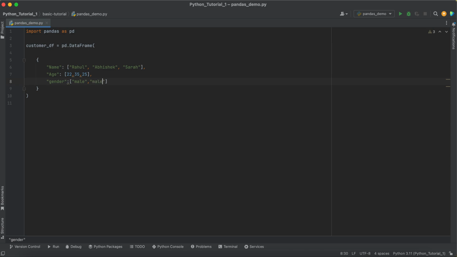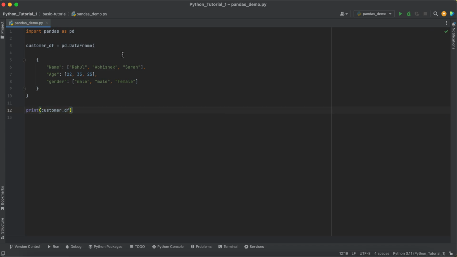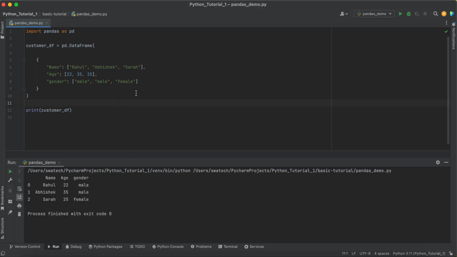male, and female. So let's assume this is our data, and what we have done is added this dictionary inside the pd DataFrame, and this is how you create a data frame in pandas. And if you just print this customer_df, then let's see how it is going to represent the data. I'm running this Python program, and if you see the output, this is what it will